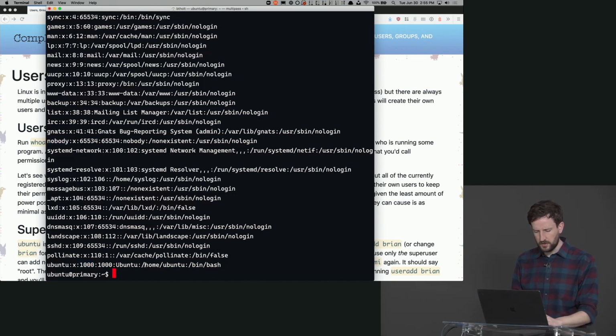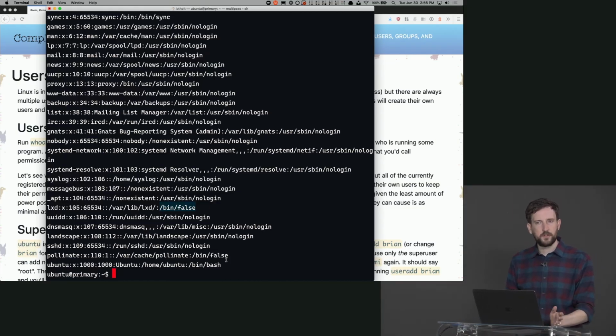I know this one here is the home directory, because each one of them has a different home directory. And this one right here is called their login shell. So if you log in as Ubuntu, it's automatically going to log you into Bash. But for example, something here like LXD is a different user, and their login shell is false, which is a program that just returns false. So it means that they actually can't log in interactively, which you can, because yours is Bash.